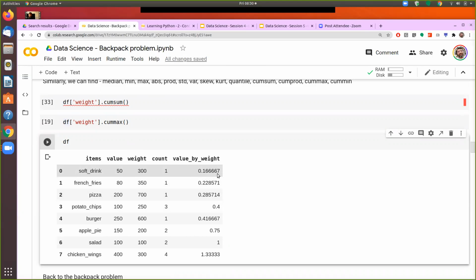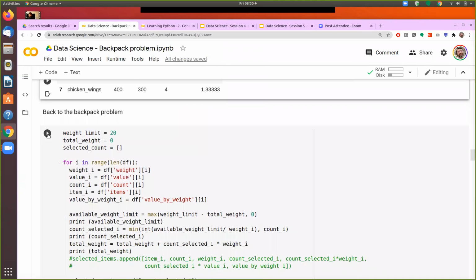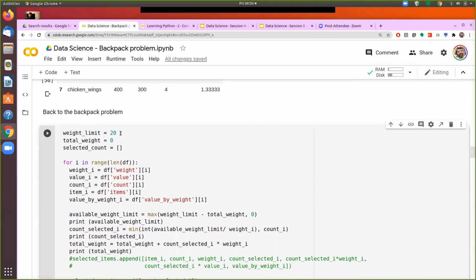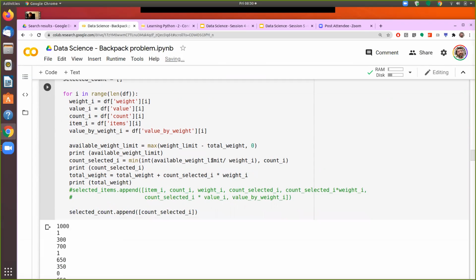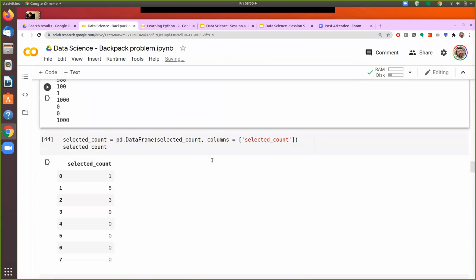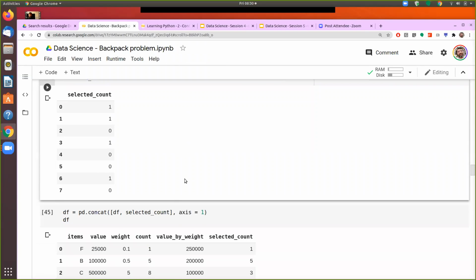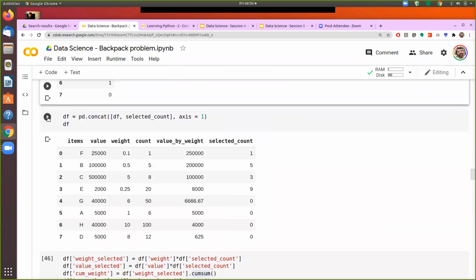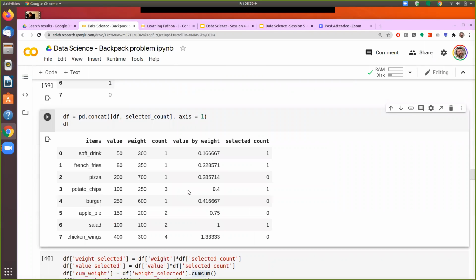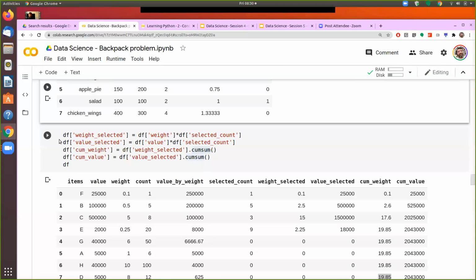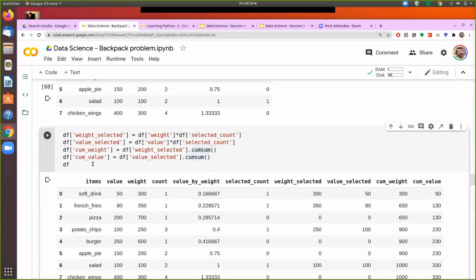So here it becomes how many calories I get for every rupee, and then it goes into the ascending order. So here the weight limit, I am looking for 1,000 calories. Let's see here. So I have selected some items. I'm just going on running the same thing, and we'll see the result in the end. And we'll also run this one, and then we see the result.